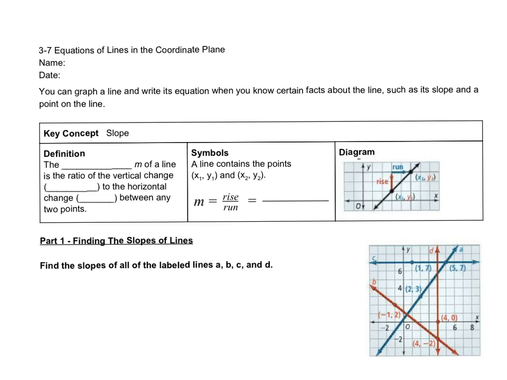All right, this is lesson 3.7, equations of lines in the coordinate plane. You can graph a line and write its equation when you know certain facts about the line, such as its slope and a point on the line. So looking at the definitions, the slope,